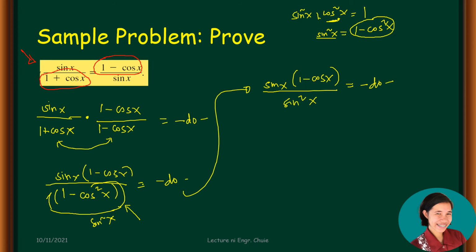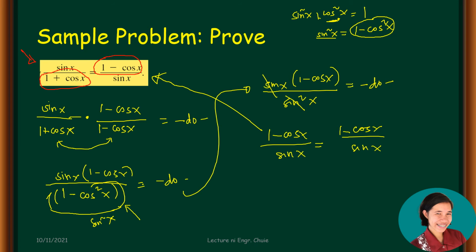So, by looking at the equation, ano pang pwede natin i-simplify? We can cancel out sine dito and sine dito. So, the remaining would be 1 minus cosine x over sine x. And this is equal to the right side, which is 1 minus cosine x over sine x. So, therefore, yung ating sine x